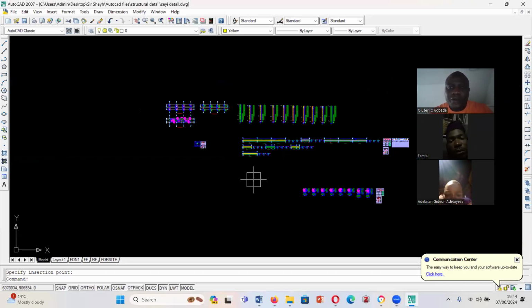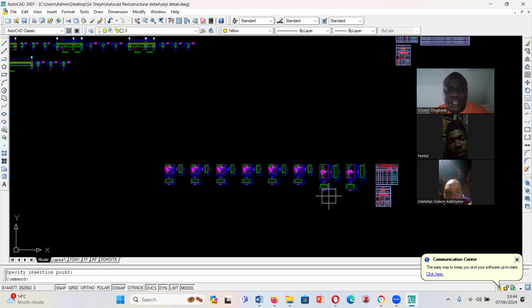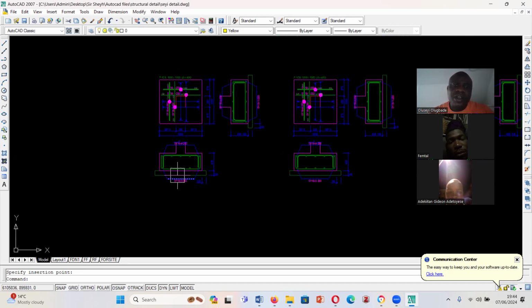So for the sake of this tutorial, I would say that we would start our details from foundation. Okay. All right, so if we are starting from the foundation, there are several ways by which you can do your details. It depends on which one you like to use. For the foundation, where you have typical footing,